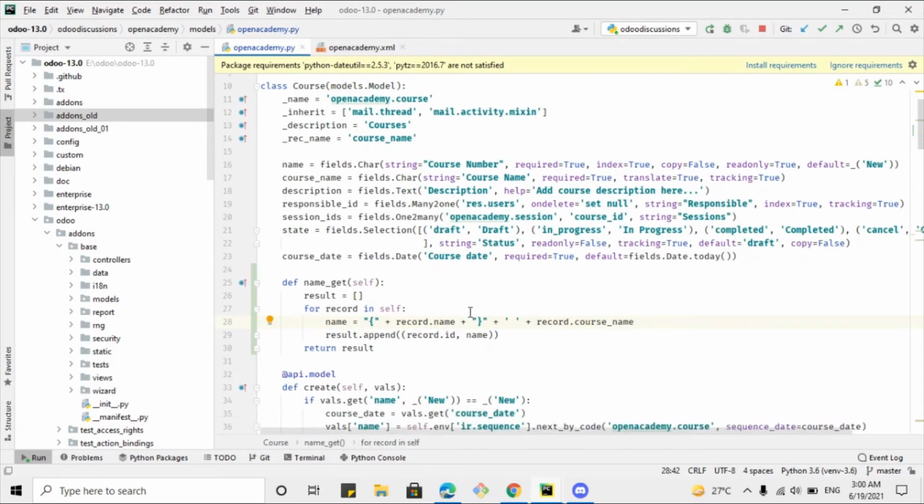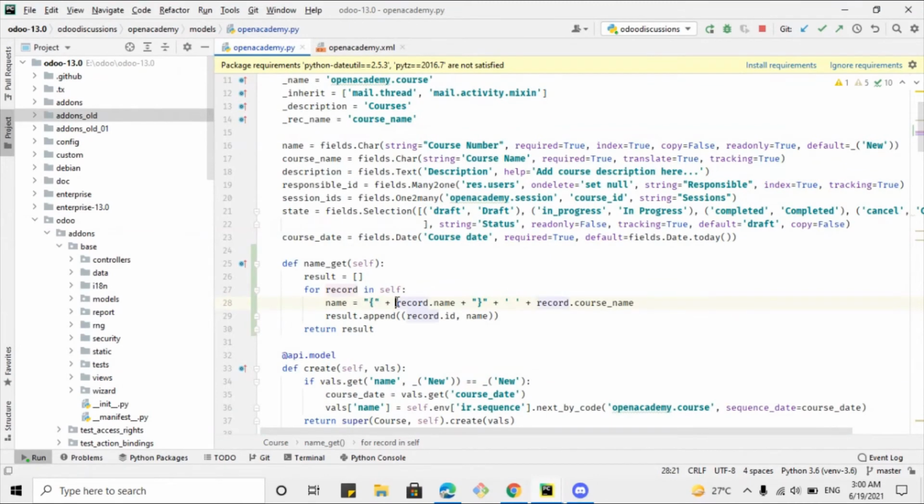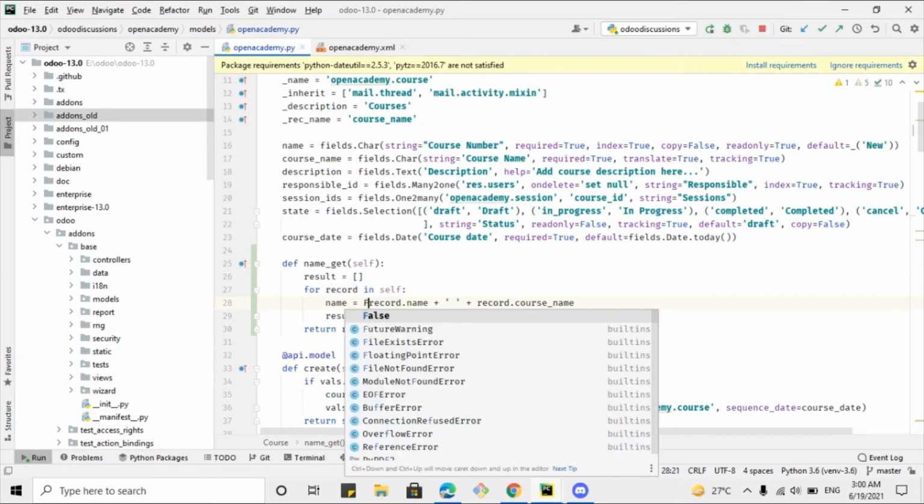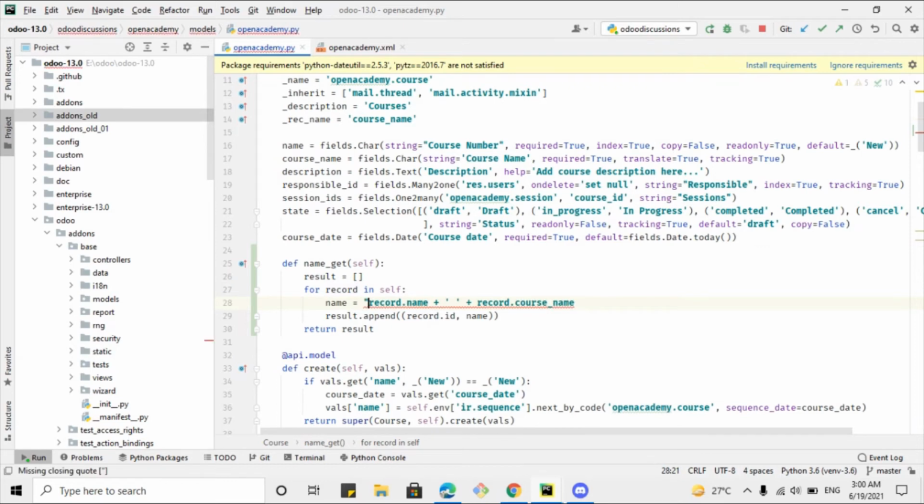We can also use string formatting. Let me do it to understand how we can do it. For example, we can use string formatting like this: add f here, and then close this string, and then we can add a placeholder like this, and then another placeholder like this.